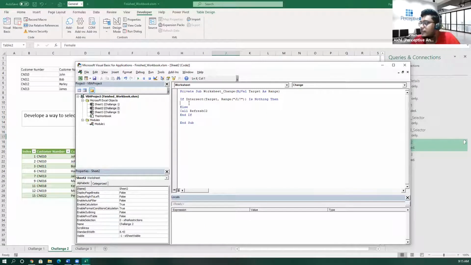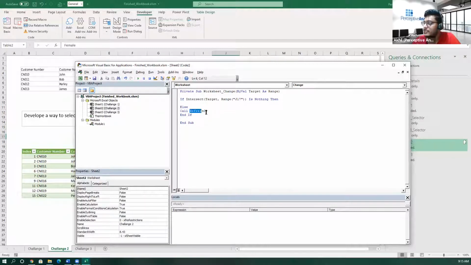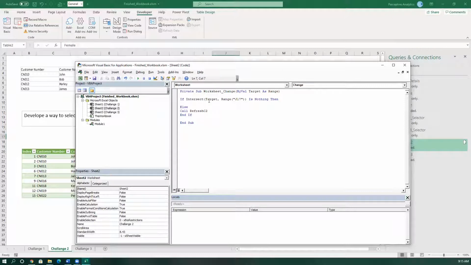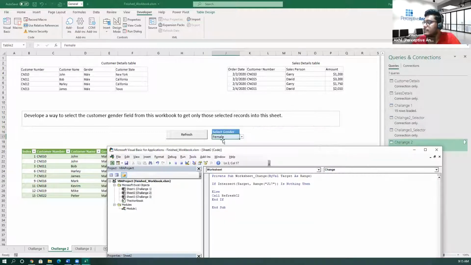Right. So what are we doing? We are checking whether they are intersecting or not. If they don't intersect, then do nothing. If they intersect, then call my C2 macro and run that macro. What is Target? Target is the one that got changed in the worksheet. If you change this one, what's the range of this particular cell?